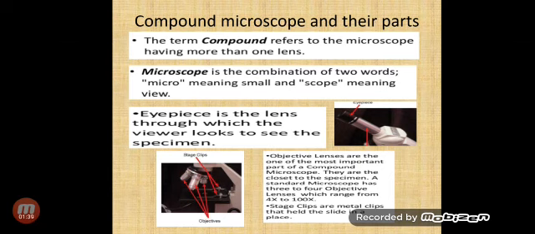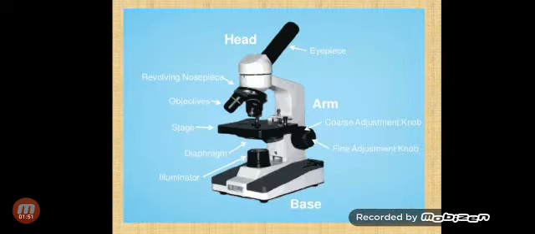You can also see three silver nozzle-like structures which are called objectives, and there are 3 to 4 objectives in every compound microscope with different magnifying lenses. And this is the detailed labelled picture of a compound microscope. In this picture you can see a revolving nosepiece with the help of which you can select which objective you want to use in order to observe your specimen slide. You can also see a part labelled as illuminator, and this is going to provide the light to your specimen slide.